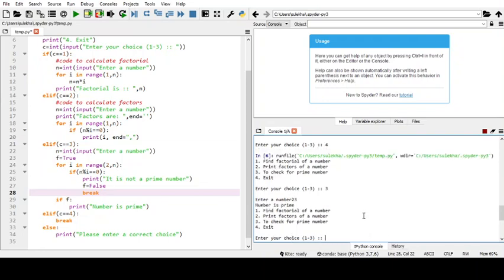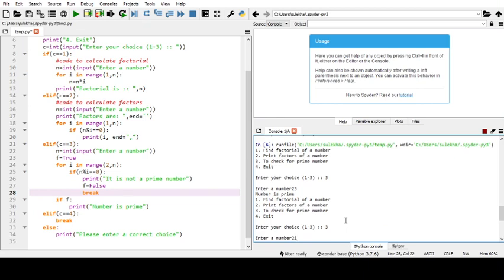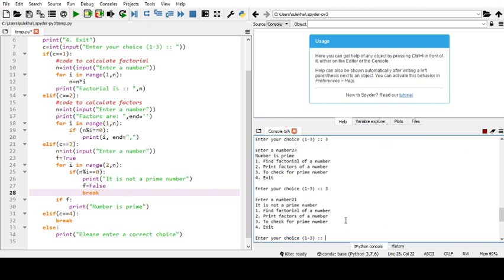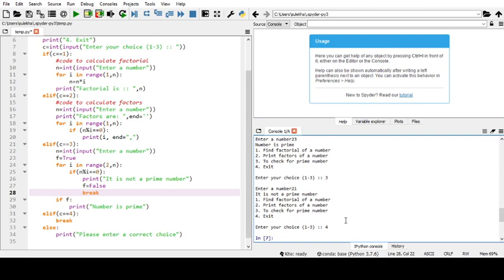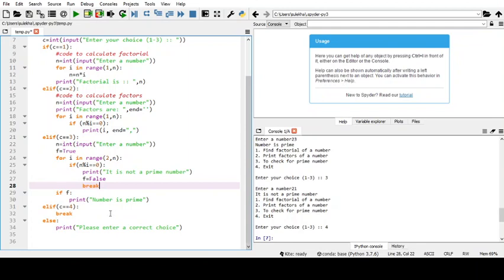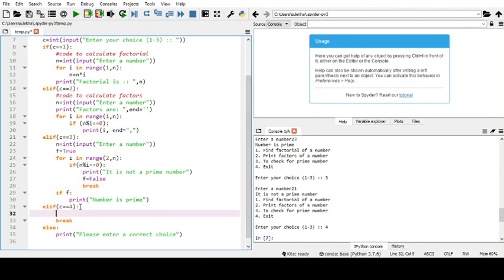So number is prime. Number is not prime, and 4 for exit. Fine. Before exiting, you can also write a message over here. Print thank you. So you may see this kind of program you need to create in your project.